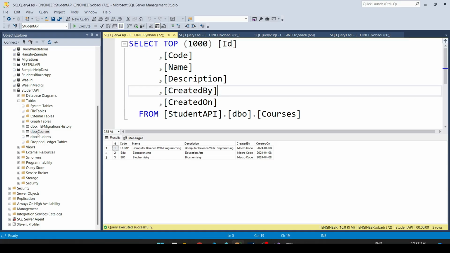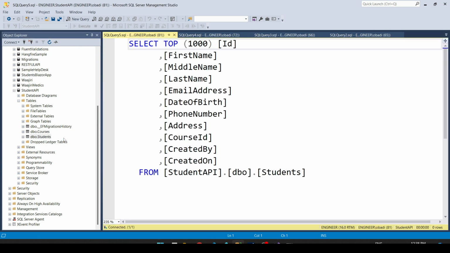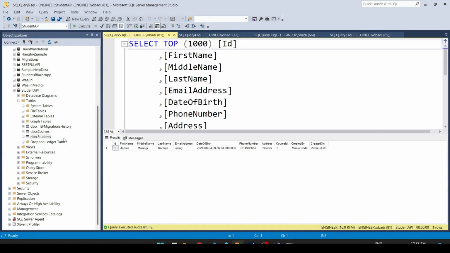So if we just go to students, you'll notice that we now have the student details. We have the first name, the middle name, the last name, email address. Email is actually giving us string, then date of birth, phone number, Nairobi, course ID is 1, and this is